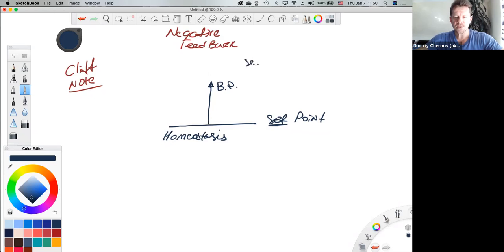certain sensors in your body, in your system, detected that the blood pressure is high. So now the blood pressure needs to go down. You have another type of system or an organ called an effector that is responsible to decrease blood pressure. So that effector,